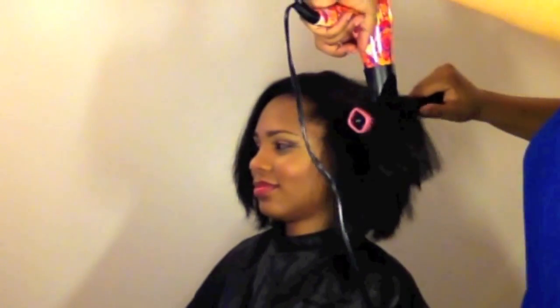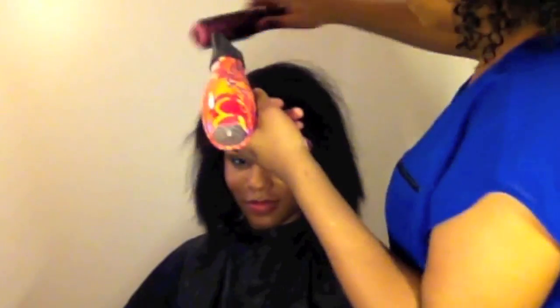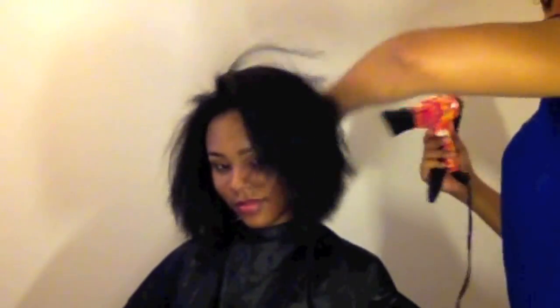I use all of my products on everybody. If there is someone who I can't use a product or two on, I don't carry it in my kit. So I'm doing a semi-round brush blow dry on this client. And I can use this as a round brush or as a flat brush for her edges to smooth them out and get them really as straight as possible before I ever pull out my flat iron and start